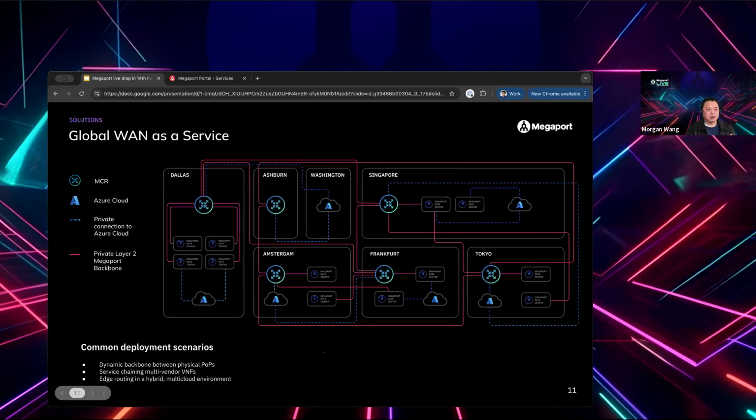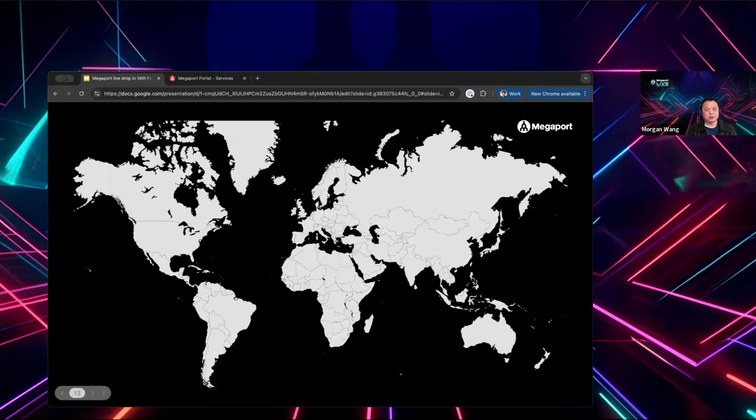This is probably an ideal scenario where a customer only uses one cloud and has a similar setup across all the regions, two data center pools and global connection. I'll probably introduce some typical customer setups as a starting point for you to consider how to leverage Megaport global WAN capability.